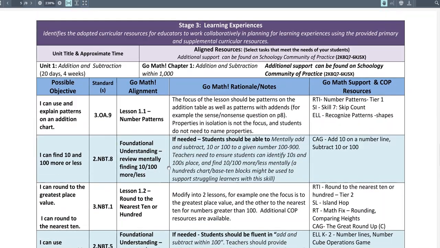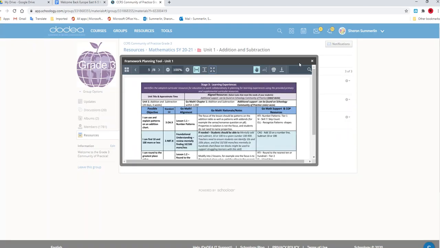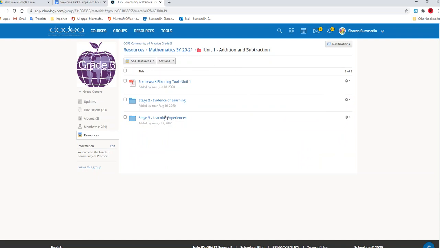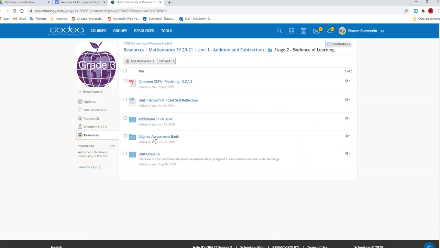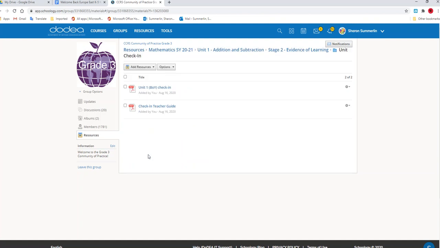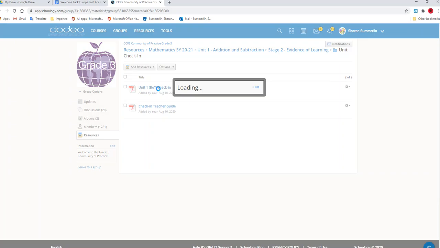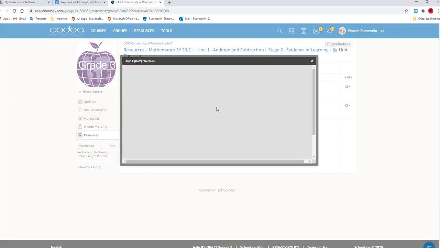So then the question is, how do I know if my classroom needs it? How do I know if my students need it? That's the other change. We've also added inside the evidence of learning a unit check-in. Now, the unit check-ins for Unit 1 are also called the beginning of the year test from headquarters. And they're a little bit more formal with a cover page and everything, but they still serve the same purpose. So you'll see the unit check-in,